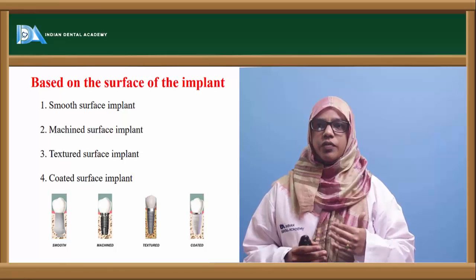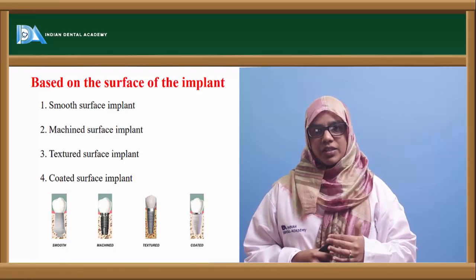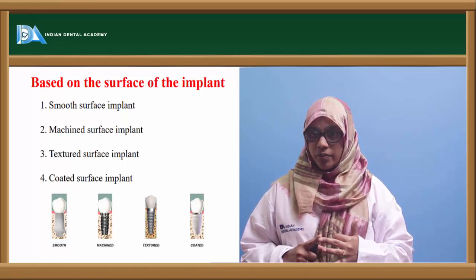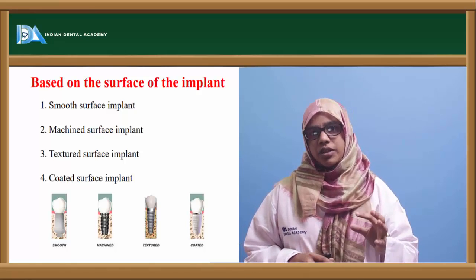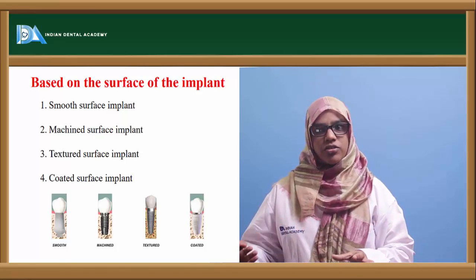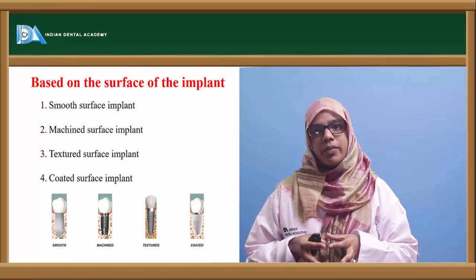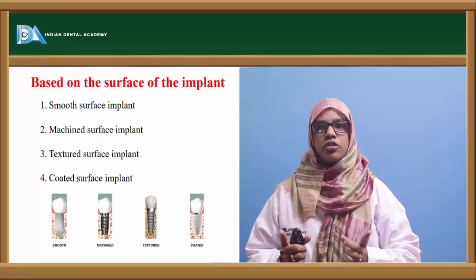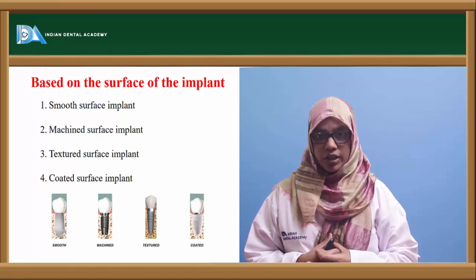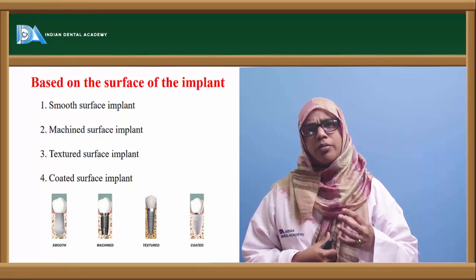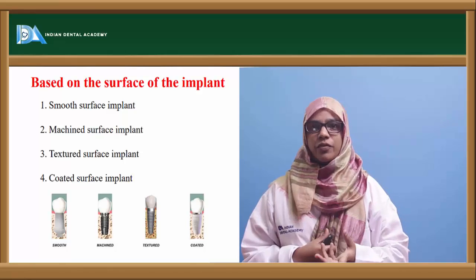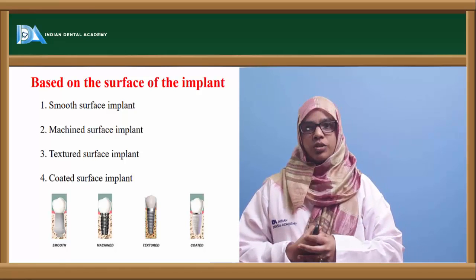Now based upon the surface of implant, implant can be classified as smooth surface implant, mechanical surface implant, textured implant and coated implant. Depending upon the site that you are placing these implants, these textures are there. If you're placing the implant in dense bone, you do not require serrations on it. So you can use a cylindrical implant in the anterior mandible. If you're using the implant in porous bone, you require serration. So that comes the mechanical surface implant where the serration can engage into the bone.